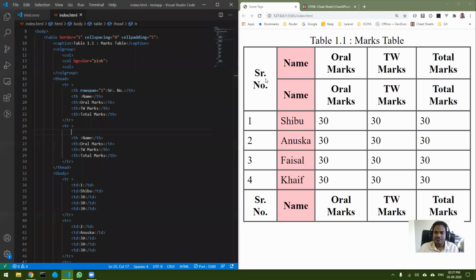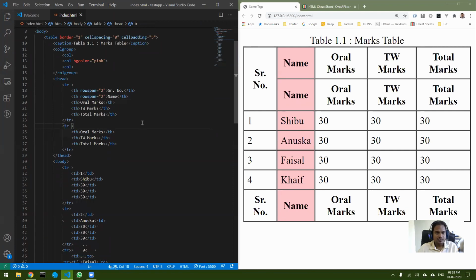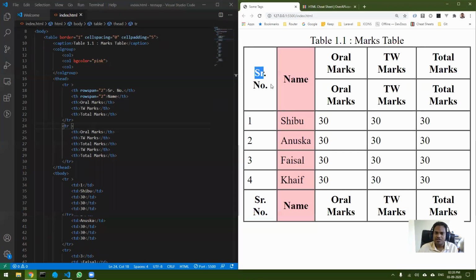The same thing I have to do with name also. So rowspan 2, and immediately when I do rowspan, I have to remove the corresponding tag from the other TR. So now you can see the name and the serial number are merged.